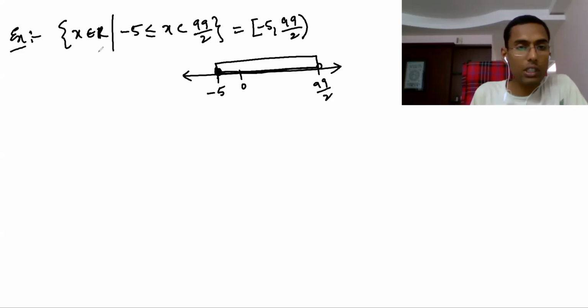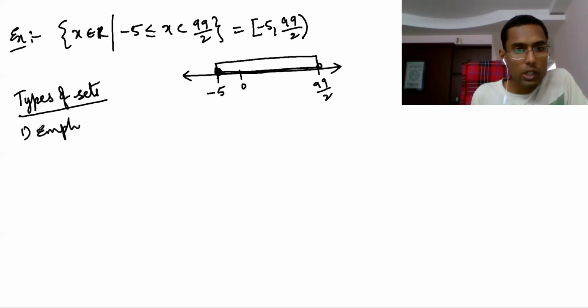All right, this is interval. I told you an interval is a subset of real numbers, all the real numbers from one number to another number, and you write it in the form of an interval. Anyway, now we'll see the types of sets. What are the types of sets?